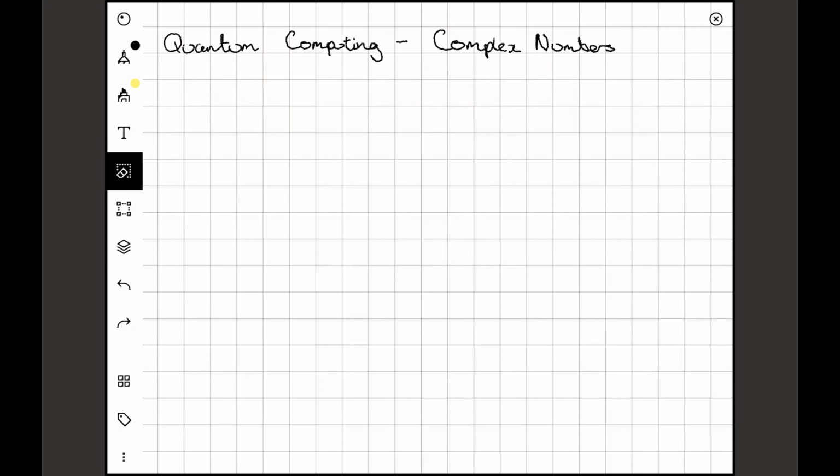Today, in this course of basic mathematics for quantum mechanics, we're going to be talking about complex numbers. And the name's a bit misleading, because they're not really complex at all. So let's start with what are imaginary numbers? Now, imaginary numbers